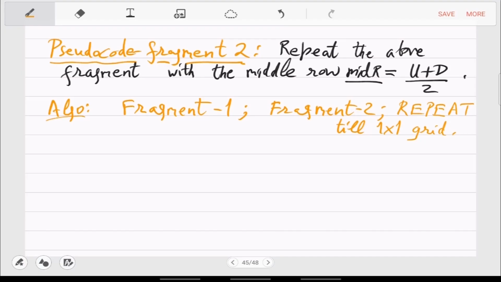Because now you are reducing both the dimensions. You will reduce the number of columns, and then you will reduce the number of rows. So ultimately you will reach a point where L is equal to R and U is equal to D. So you now have a 1 cross 1 grid. That's your element, that's the local minima. So repeat till you get a 1 cross 1 grid, and that's the output.